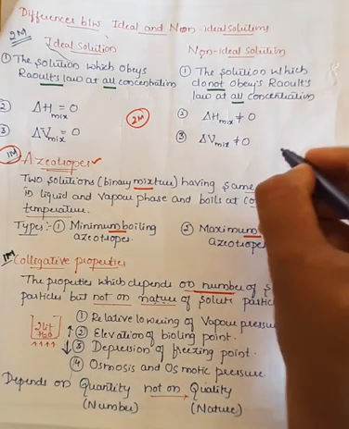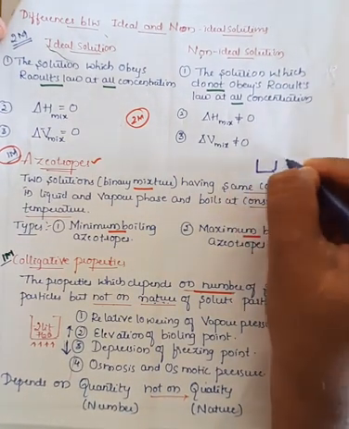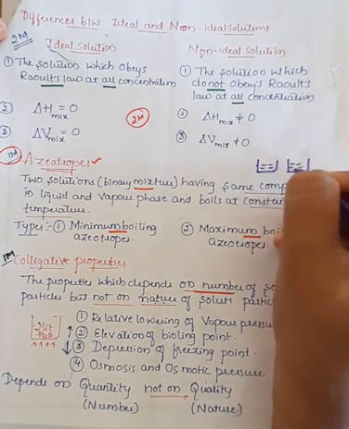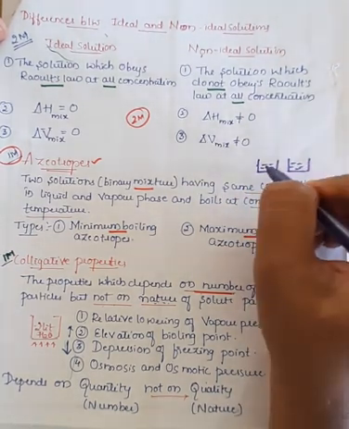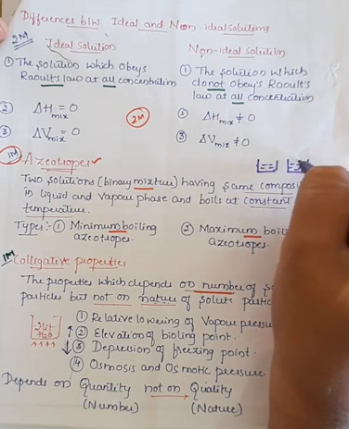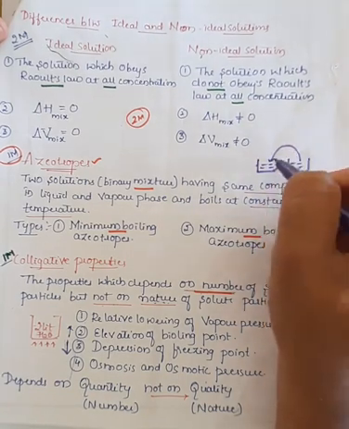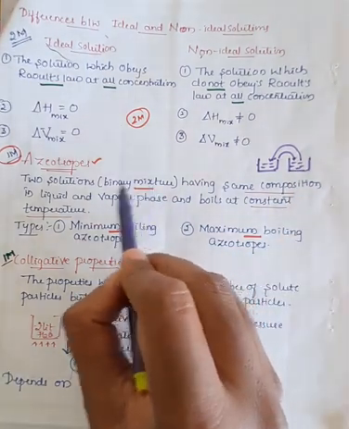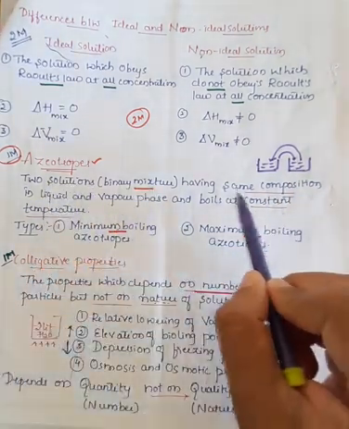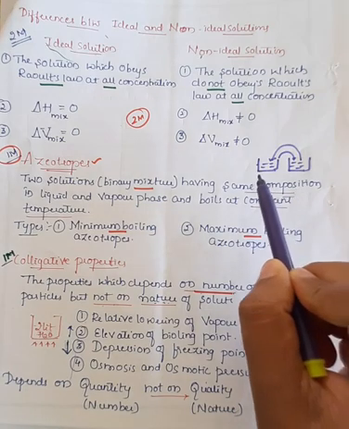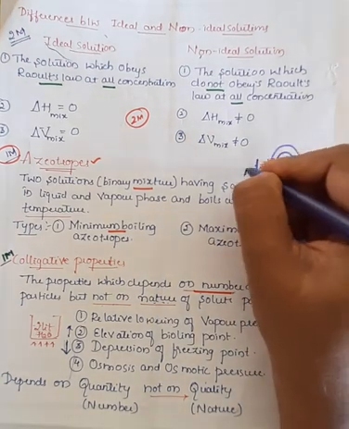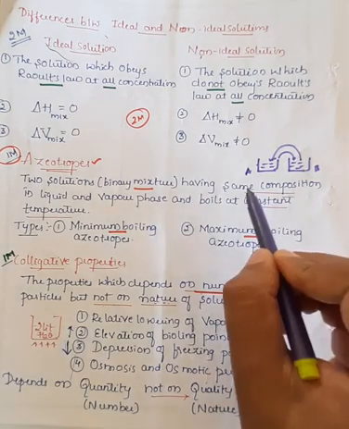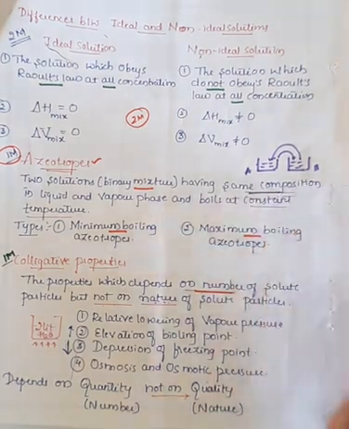Very simple. If I take 2 containers here, this is container 1, this is container 2. So there are 2 solutions, one is A, another one is B. Whenever I mix the first container into the second container or the second container into the first container, that is called a binary mixture. That is 2 solutions, and they are having the same composition. The container A which consists of solution and container B which consists of solution, both are having the same composition. Observe, this is the keyword.